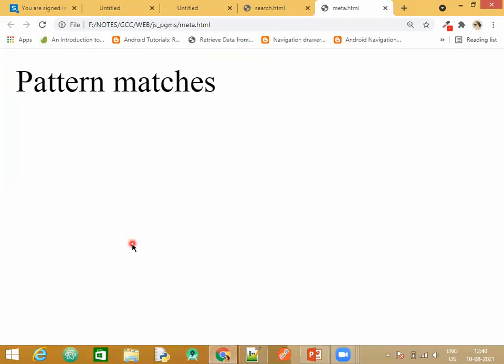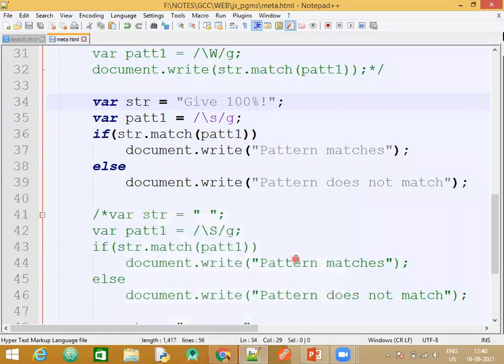Matched? Okay. Write sentences now. You can write in the string only. Some sentences with \n, some with \p, some with \r. Make a bigger string and then try to do this. Fine, so this is one example.